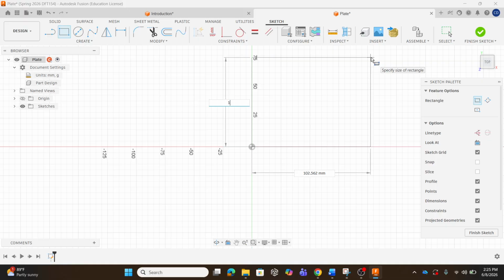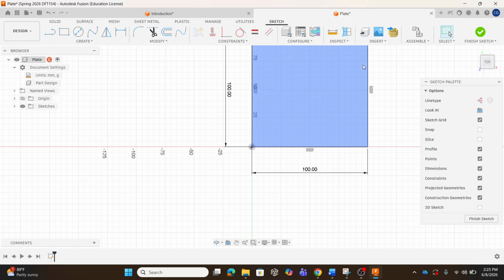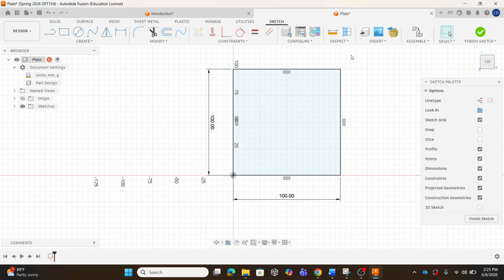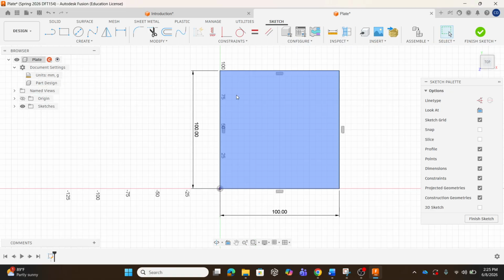So on the right of my little square, notice it says 78.056. I'm going to change that to 100. And then don't hit enter yet. Hit the tab button, and it flips to the other dimension where it says 102.562, and I'm going to type in 100 again. Now I can hit enter, and just like that, I created the same square. So at this point, it's fully constrained. Everything's black on the edges, and the middle is grayed out, which means it is an extrudable object. At this point, I can hit Finish Sketch,